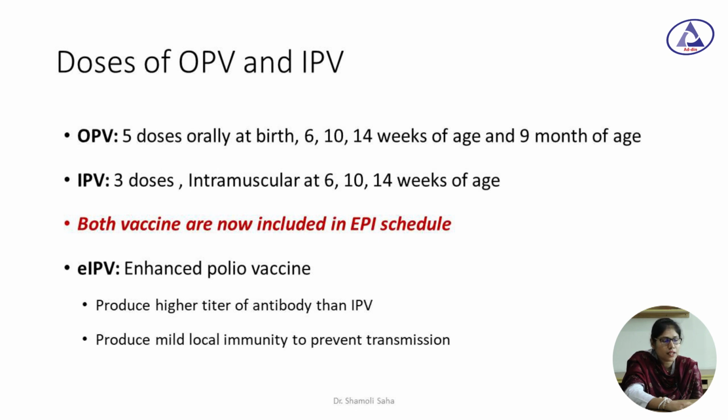ইনঅ্যাক্টিভেটেড পলিও ভ্যাকসিনের ক্ষেত্রে নতুন একটা টার্ম এসেছে, সেটা হচ্ছে এনহ্যান্সড পলিও ভ্যাকসিন বা EIPV। সেটা কি? সেটা অনেকটা ইনঅ্যাক্টিভেটেড পলিও ভ্যাকসিনের মতোই, কিন্তু ইনঅ্যাক্টিভেটেড পলিও ভ্যাকসিনের সাথে এর পার্থক্যটা হলো ইনঅ্যাক্টিভেটেড পলিও ভ্যাকসিনের ক্ষেত্রে যেই পরিমাণ ইমিউনোগ্লোবুলিন জি হোস্টের বডিতে প্রডিউস হয়, তার সাথে এনহ্যান্সড ইনঅ্যাক্টিভেটেড পলিও ভ্যাকসিনে হায়ার টাইটার অফ অ্যান্টিবডি থাকে এবং এটা মাইল্ড লোকাল ইমিউনিটি প্রডিউস করে, যেটা ইনঅ্যাক্টিভেটেড পলিও ভ্যাকসিনের ক্ষেত্রে আমরা পাইনি।